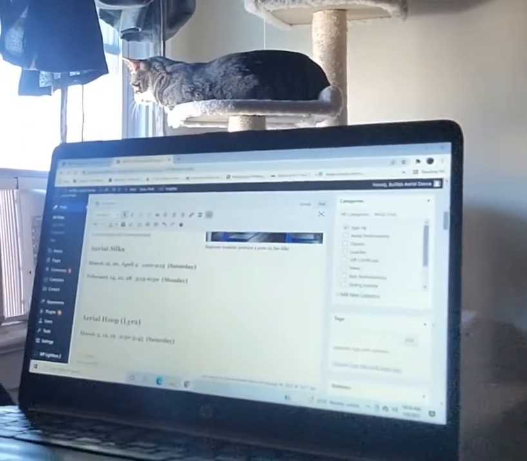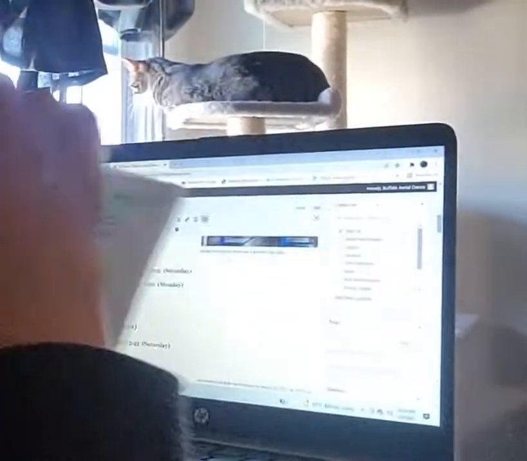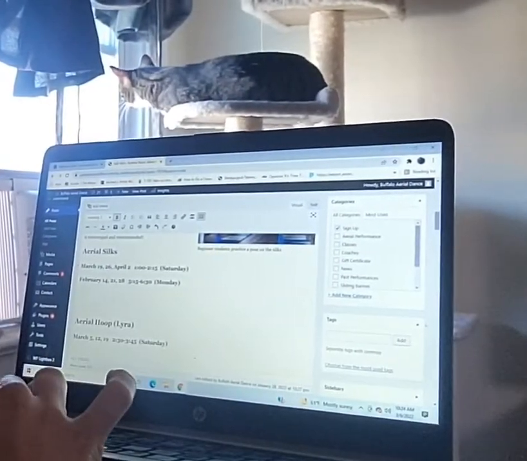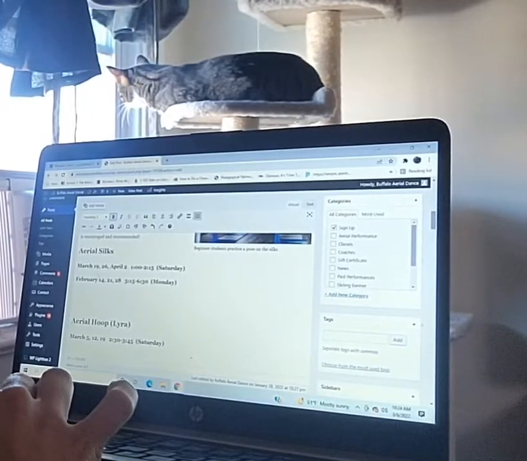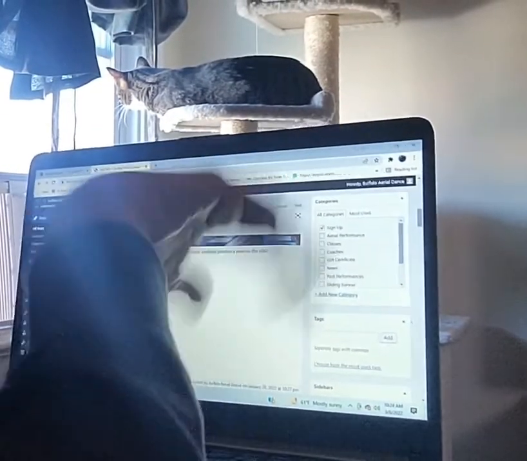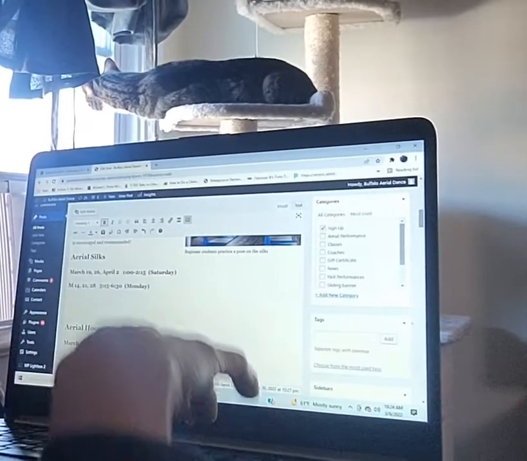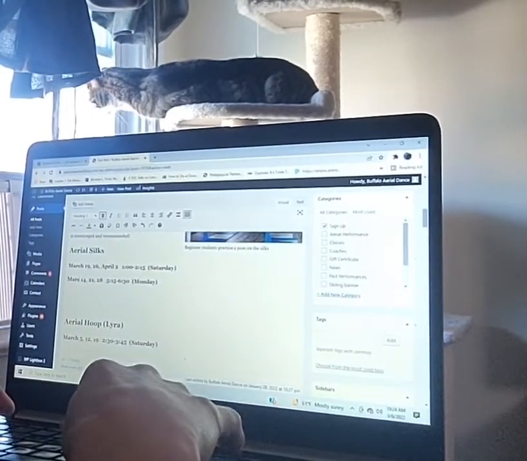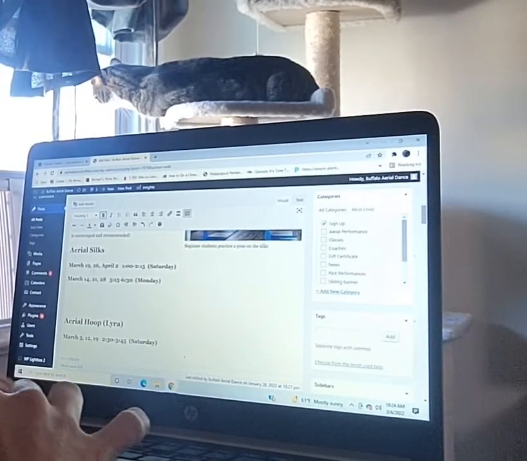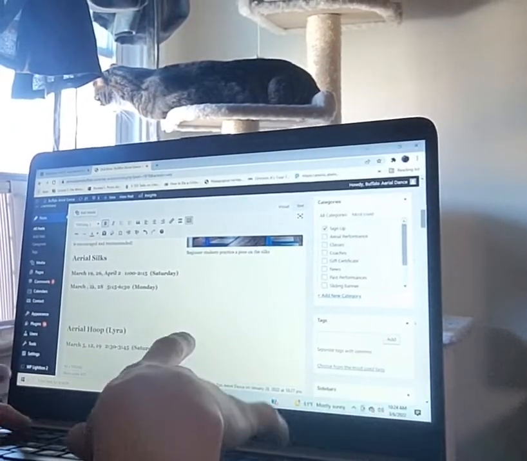Okay, so Aerial Silks, the March 19th one is happening now, although it's full, but that's okay. We can leave it up there so people know it's happening, even though they won't be able to register for it. But they can't register from this page anyways. This is just, or from this part of this page, I should say. The registration part happens below in the calendar. So, Monday, March 28th,